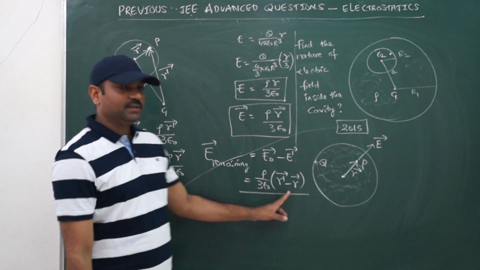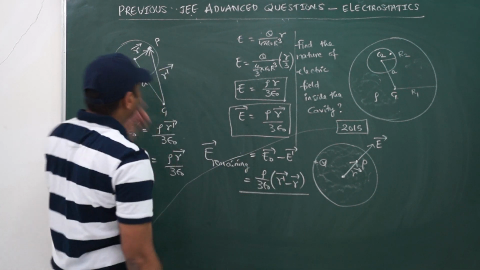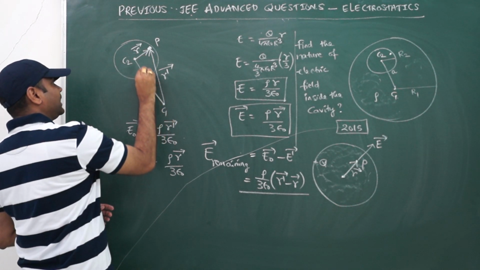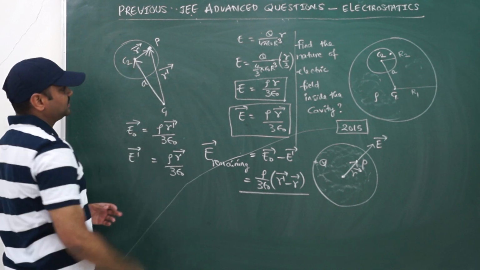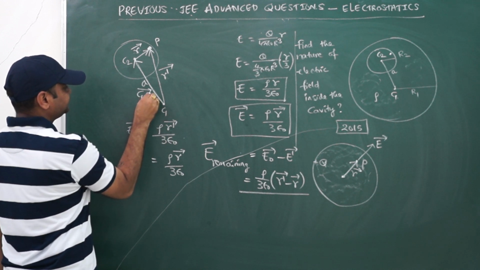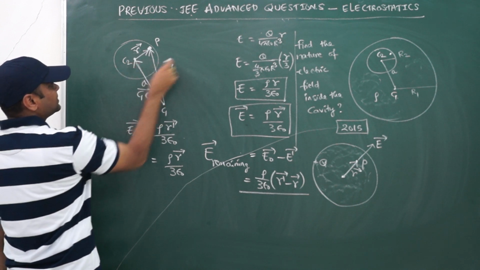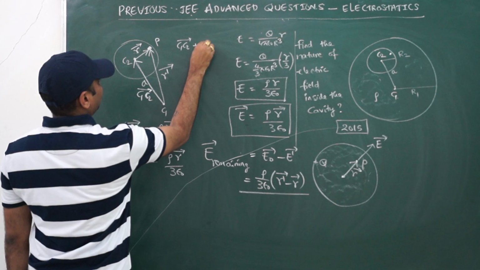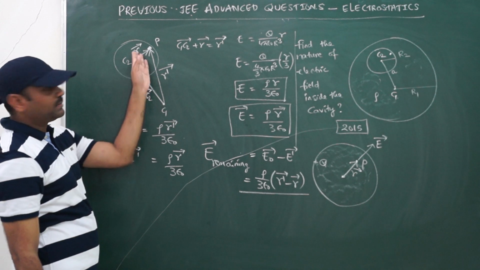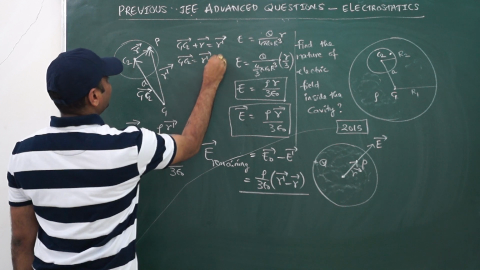Okay, so here you will find the logic of the question. So this part you need to understand. We know the R dash vector, we know the R vector. Now what I am taking as C1 C2 vector has magnitude A bar. So if it is the C1 C2 vector, then I can write these two vectors, C1 C2 bar plus R bar, should be equal to R dash bar by vector addition. A bar plus B bar is equal to C bar. Then I can write C1 C2 bar is equal to R dash bar minus R bar.